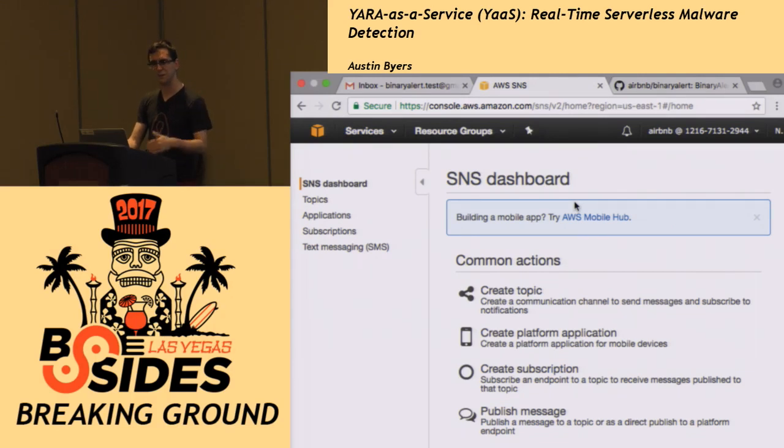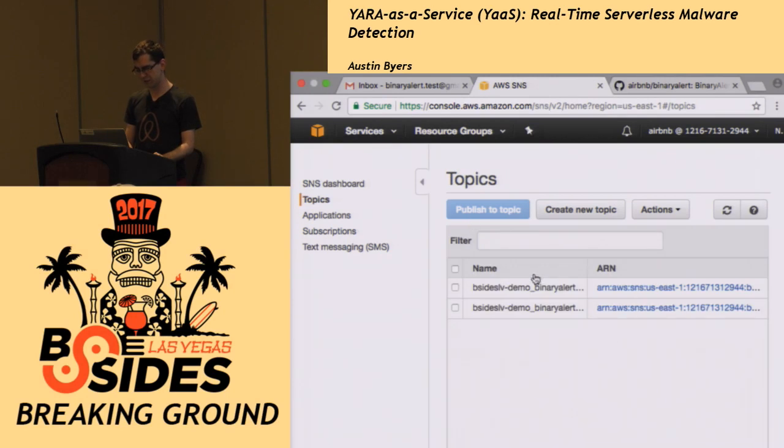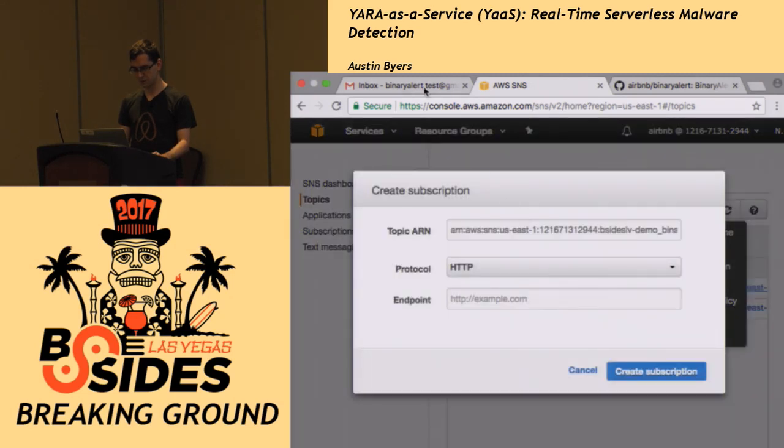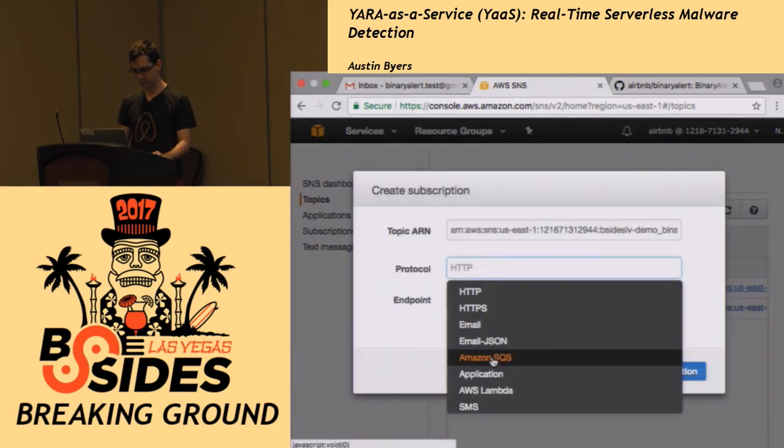Because you have to confirm that, you can't actually automate that part yet. So in the documentation, it explains how to set up. So there it is. There's the topics that it generated. So these are the two separate SNS topics, one for alarms for the service itself and one for YARA match alerts. So we're going to subscribe an email address to this endpoint, to this SNS topic.